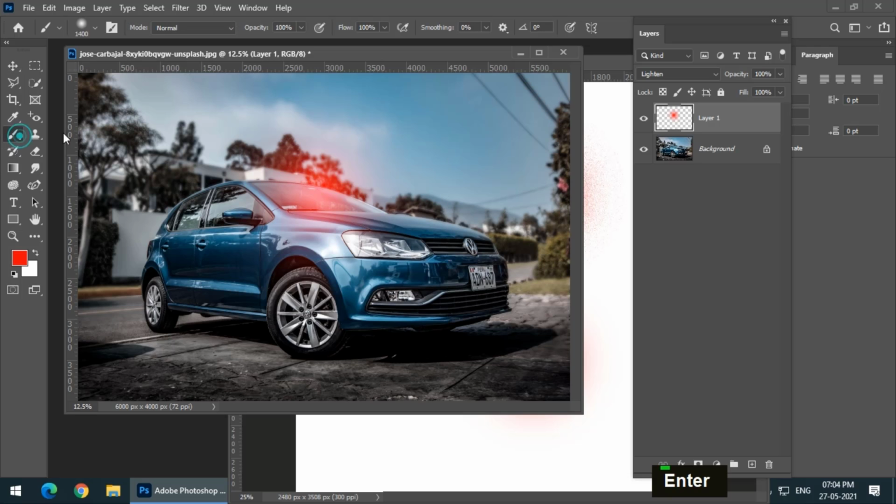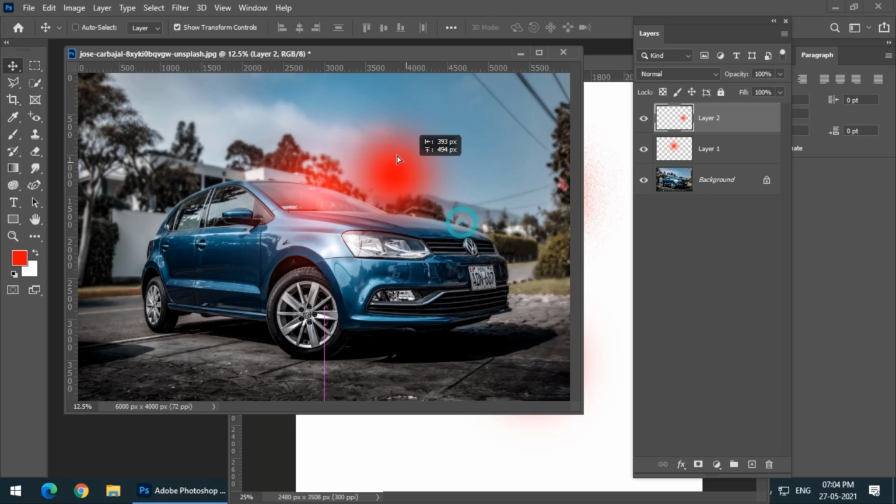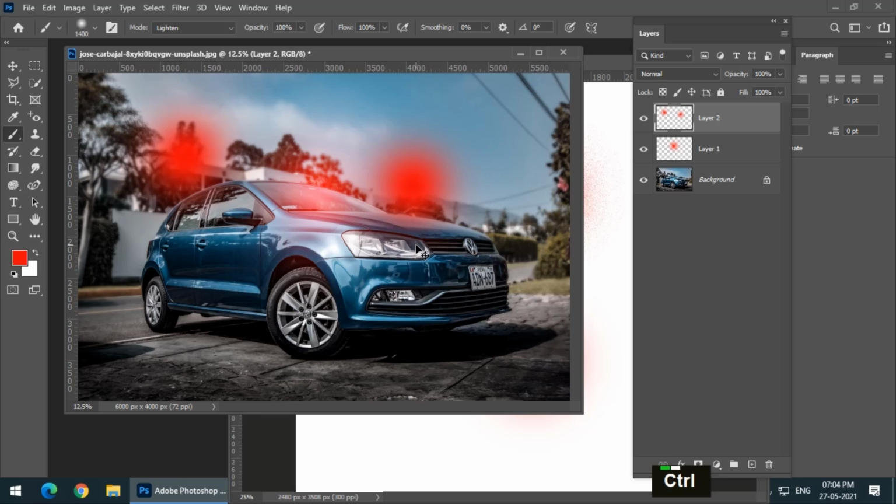So if we choose the lighten mode from here, we will get a similar effect. Let's say I'll choose another layer. So we will get a similar effect from here.